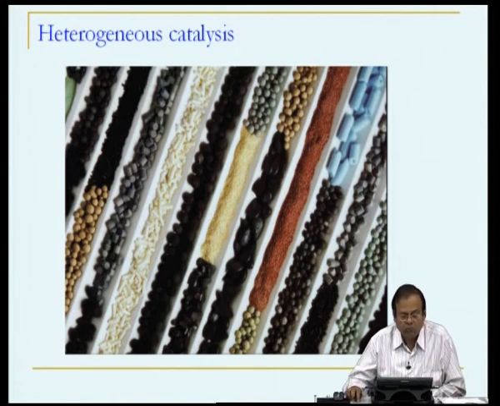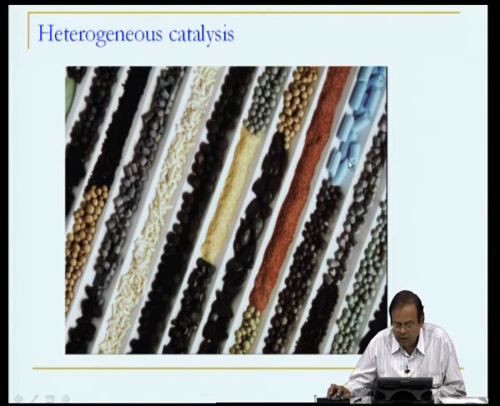In fact, what we see here is that this can be a hollow cylinder as seen over here, or small cylinders, granular spherical tablets, or cylinders with high L to D ratio, or very fine powders. So, catalysts are of different types, and not only of different size, they are of different color also, which you can clearly see over here. They come in all size, shape and color, green, blue, yellow, red, you name it and we have it.